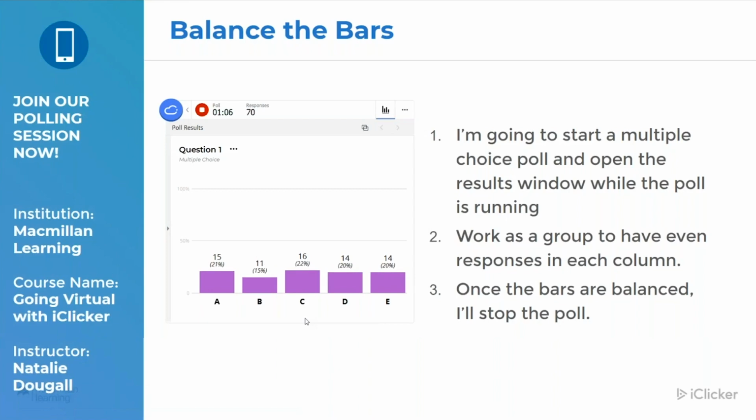This is really fun to do for your students the first time you use iClicker because they're really going to see the impact that they can have on their class. One of the things about the virtual classroom, or what I'm doing right here, is it can feel quiet, and you kind of will talk to yourself a little bit. So, this is the kind of thing where you can bring some play in, and you may have times where your students join in a hangout or something like that,